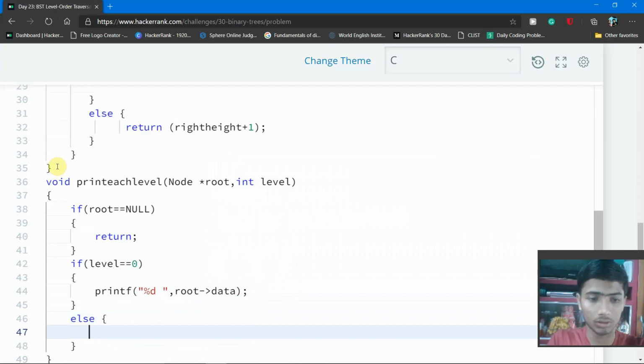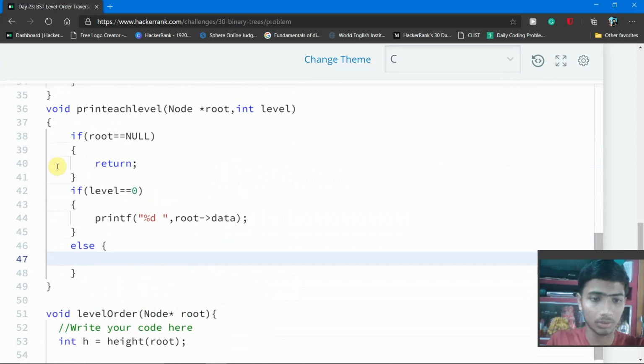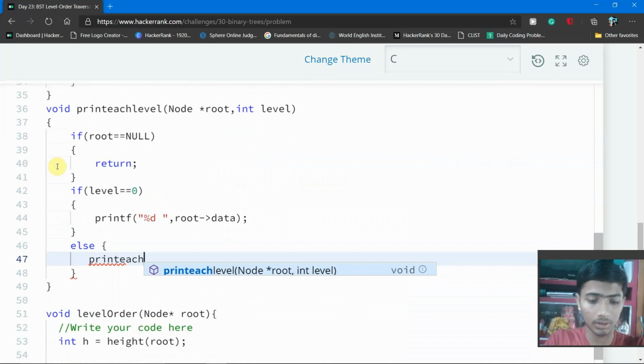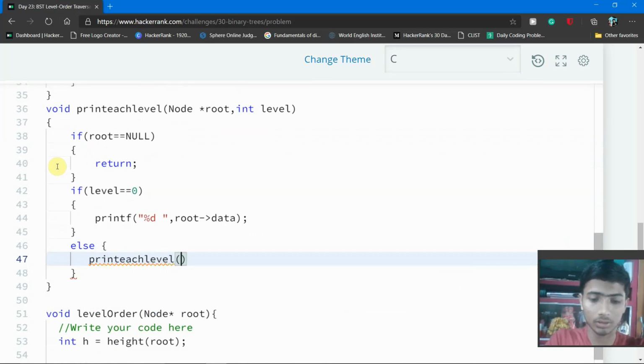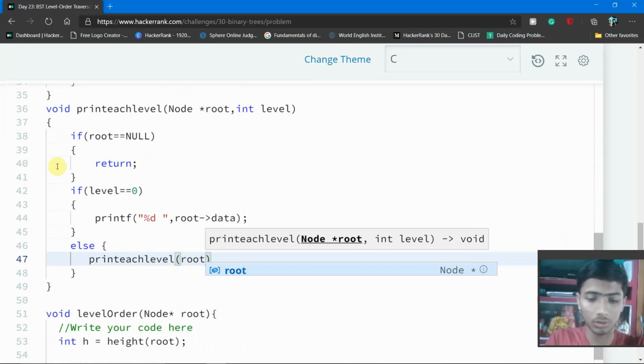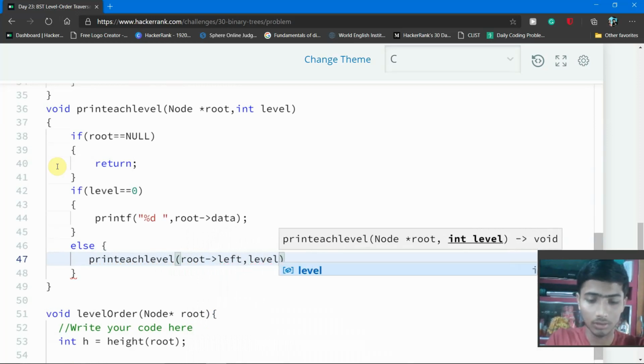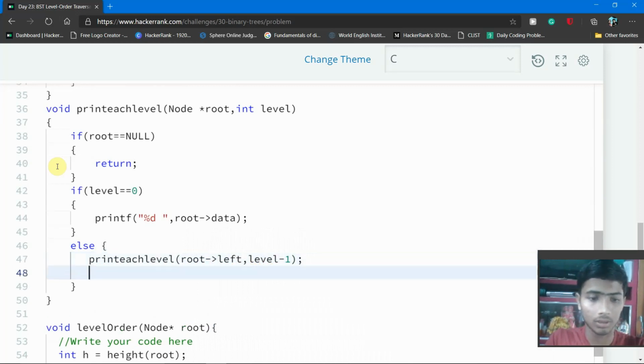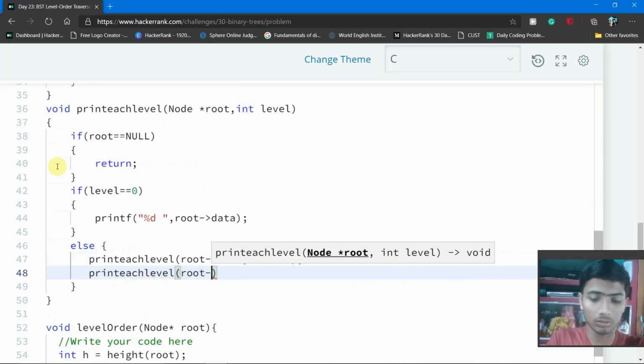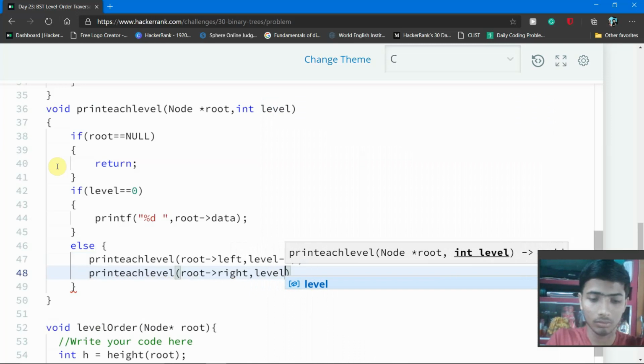So for this you simply call the printHLevel function again. This time you pass root left and level -1, and again we call printHLevel, and inside of this root right and level -1.